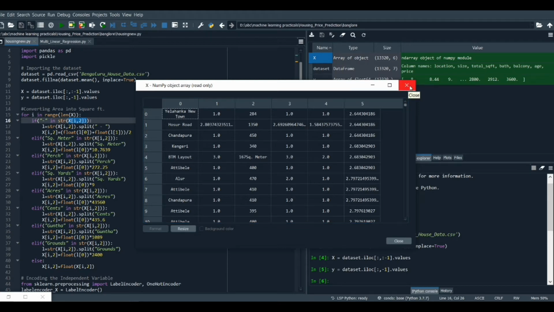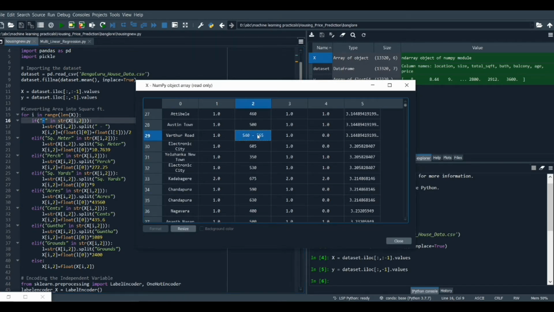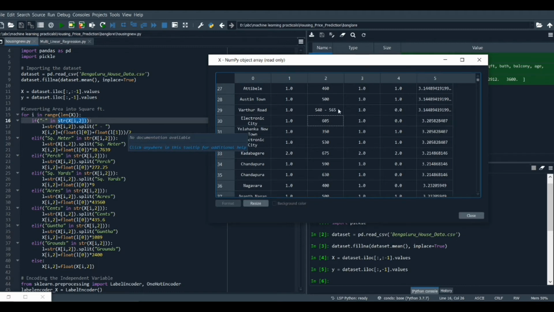So first we are going to check different types of units, whether they are in the string or not. First it's going to check if the minus is in the string or not. It's for the values that are in a range such as 540 to 565. So it's going to check if a minus sign or hyphen sign is in the string of x of i comma 2. If it's available, we need to replace it with a value. In order to convert this value, we are going to add 540 plus 565 and then divide it by 2, so that we calculate the mean value of the minimum and maximum value of this range.